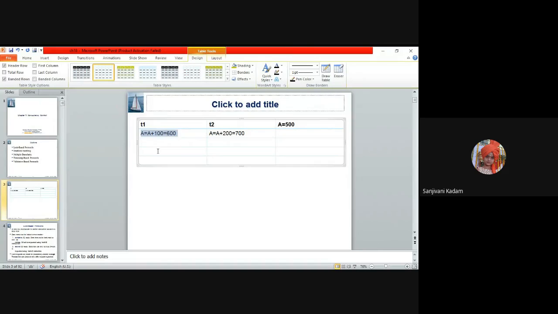Locking it means that even though T2 has the facility to read that data item, because of the locking, T2 will get blocked. T2 will get blocked, told that right now you cannot use A. For this purpose, we are locking this data item.